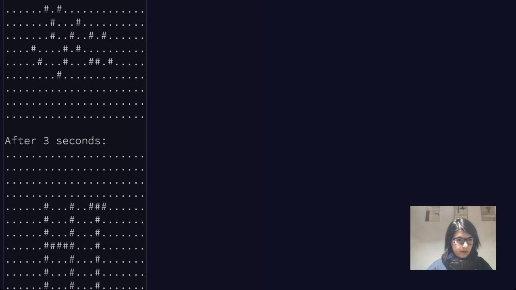No, I want to set for let i equals 0, i is less than board.length, i++. I want to initialize the board, so I'm setting board of i is array of length X_diff, and I'm filling it with